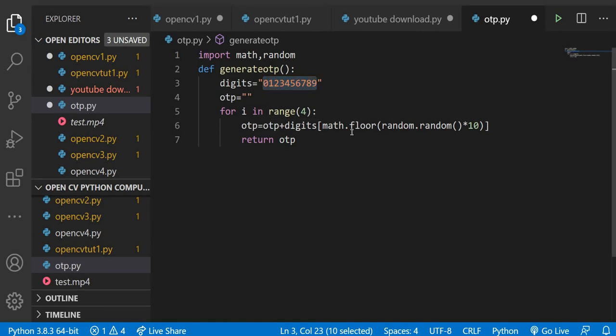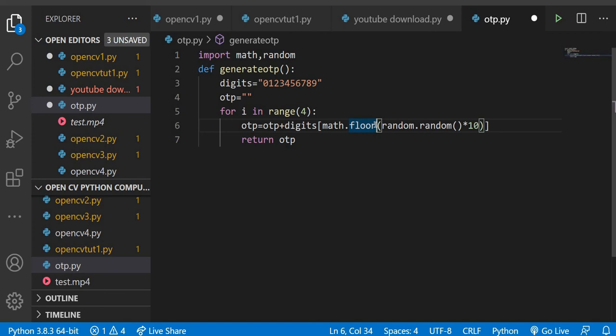So here first of all we are getting a random value from it, and since we are multiplying it with 10, there might be a chance that we get a decimal value. So the floor function, let us suppose we are getting the value 4.5, then the floor function will give an integer value, so we will get 5.